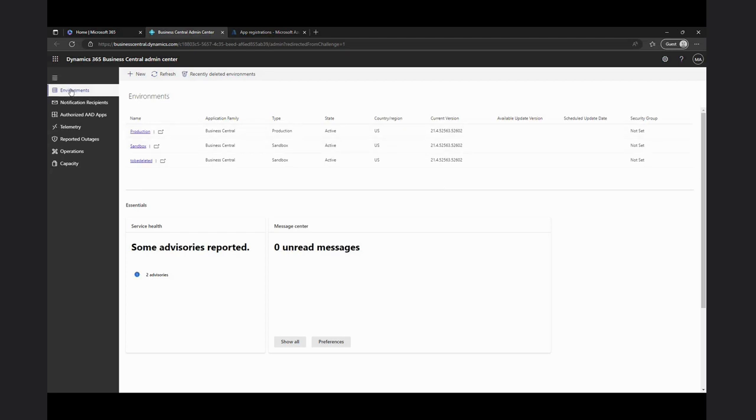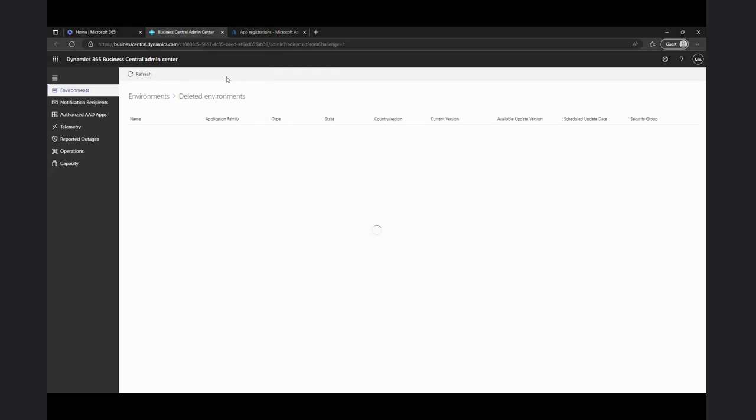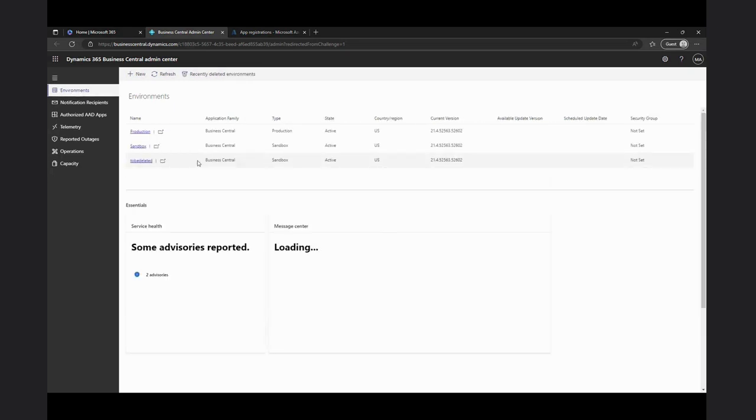Here in the environment section, you can see earlier we used to have only new and refresh actions. Now we have recently deleted environments as well. When I click the recently deleted environment, right now I do not have anything here. So let's go back to the environments, and I have a sandbox environment. I created it just for this